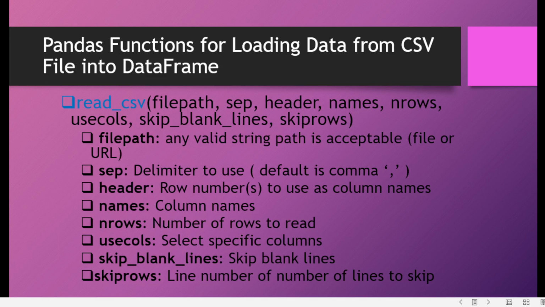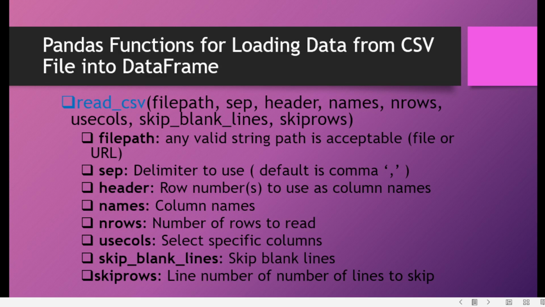The read_csv function takes different parameters. File path, it can be a local file name or a URL. Separator, the delimiter to use, default is comma. Header, row number to use as column names. Similarly, names, column names, and number of rows to read.